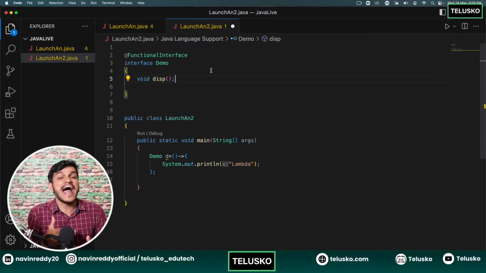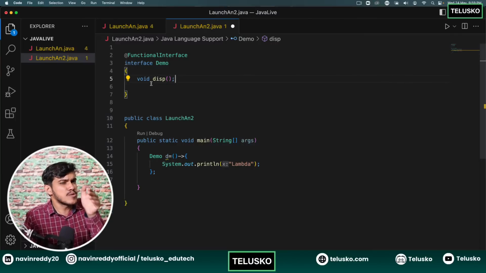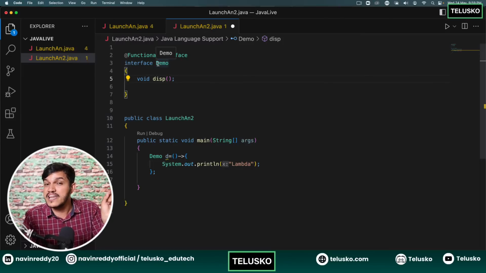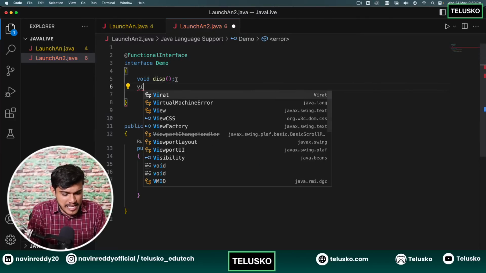Now I cannot add some extra specification here. Why? Because since it is a functional interface, someone might have implemented it using the lambda expression. He will not add. It is acting like one comment, one message to the developer also. Also, the retention policy here is till the runtime. Why? Because if I add any other method here,